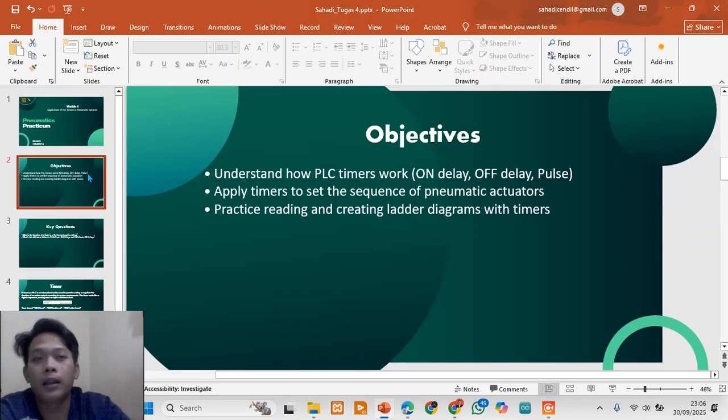And the last point is to get practice reading and building a ladder diagram that uses this timer. So by the end, you should feel more confident programming a basic sequence with a timer.